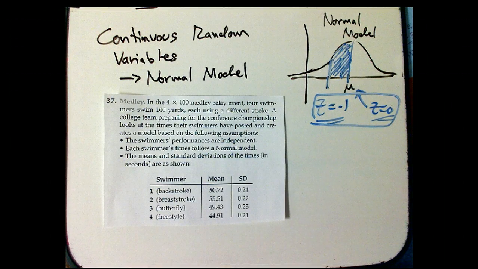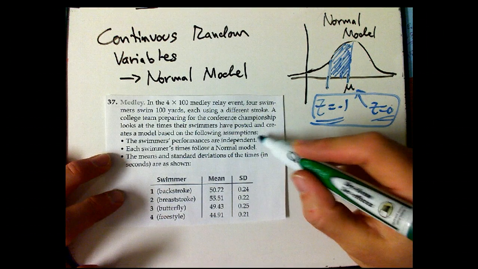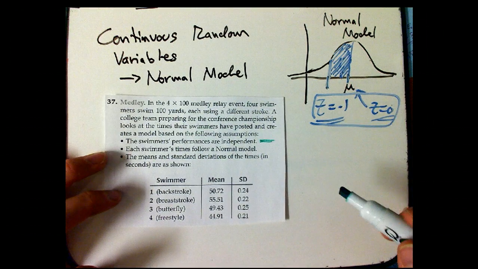In the 4x100 medley relay event, 4 swimmers swim 100 yards, each using a different stroke. A college team preparing for the conference championship looks at the times their swimmers have posted and creates a model based on the following assumptions. The swimmers' performances are independent. That's going to be really crucial because